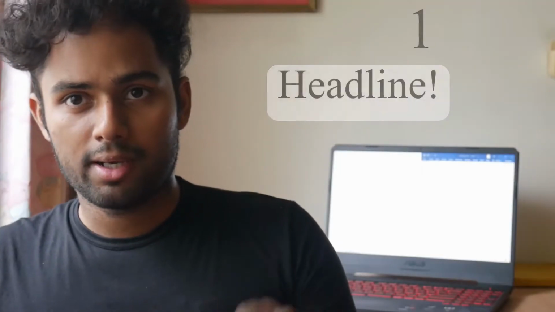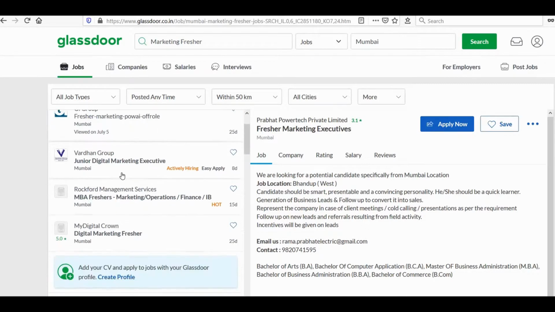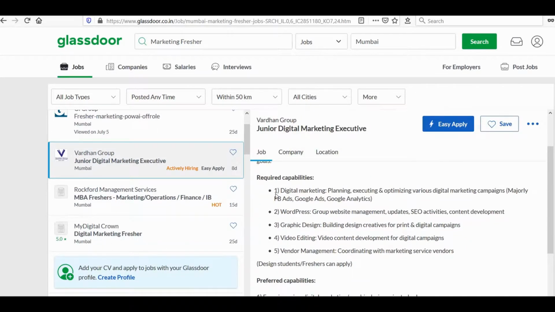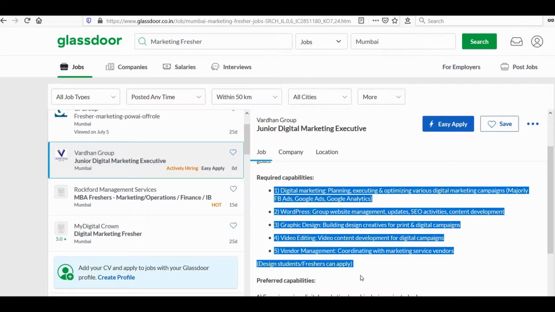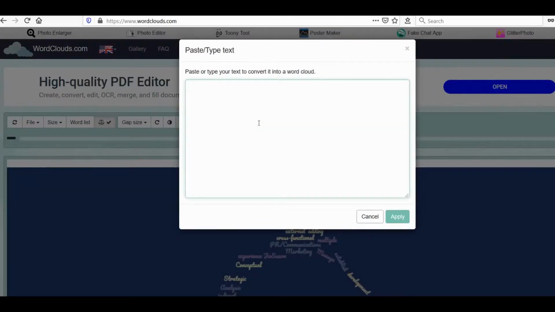The first step, we are talking about working on creating a LinkedIn profile. So the headline is a very important aspect of making LinkedIn work for you. One sure, short way of getting your headline correct is by doing a small analysis of what keywords are mainly used by your recruiters. Let's just copy their job description over here.